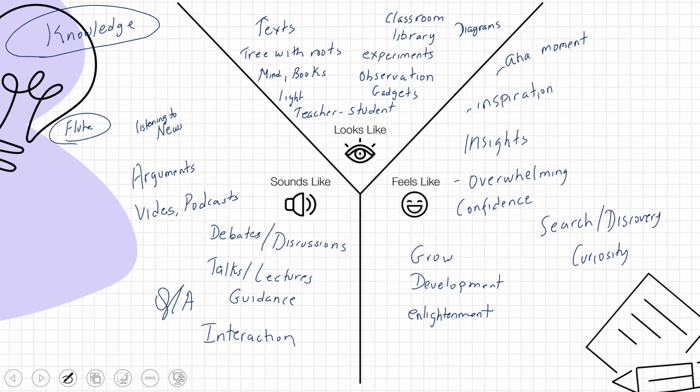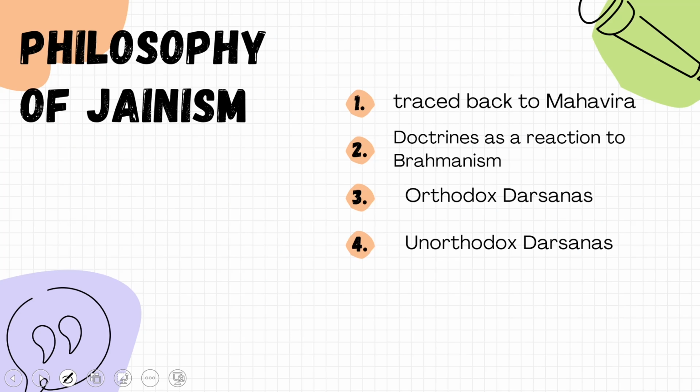Now let's go a little bit into more detail. So first and foremost, before we can begin the epistemology, let's quickly take a look at the philosophy of Jainism. So all of us know that Jainism can be traced to Mahavira, and who was he? 24th Tirthankara.